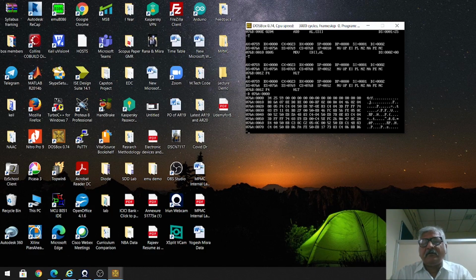If I write this, then you see what is displayed. 34, which is your first number, 25, this is your second number, and after that 59. This is our result, right? So our result is available in the memory in the data segment at the offset 0002. So in this way we can execute the program by using MASM software.